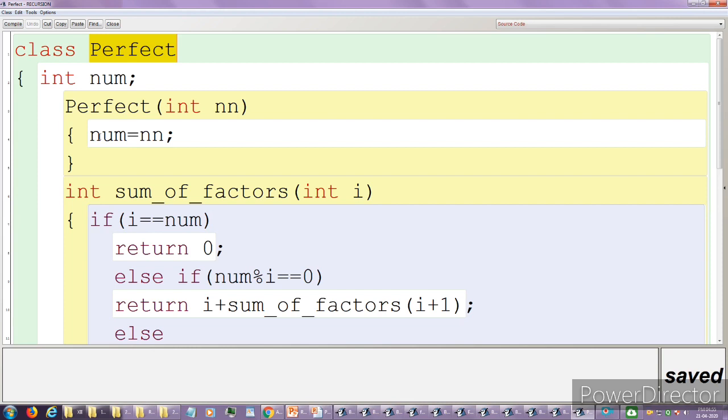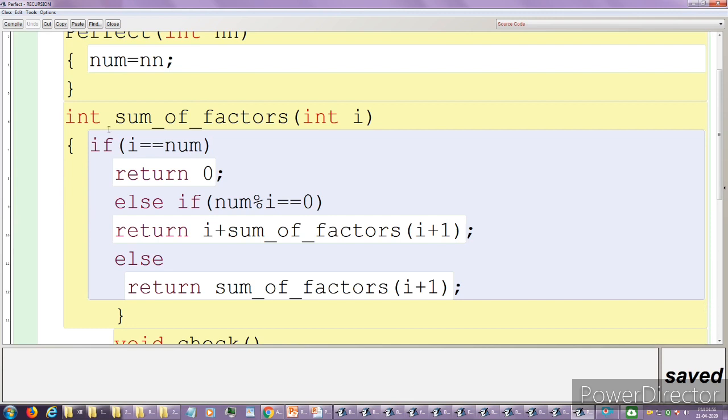Most of the time students write n equal to num, but we have to assign the inputted constructor value to the data member. So we have to write num equal to nn.